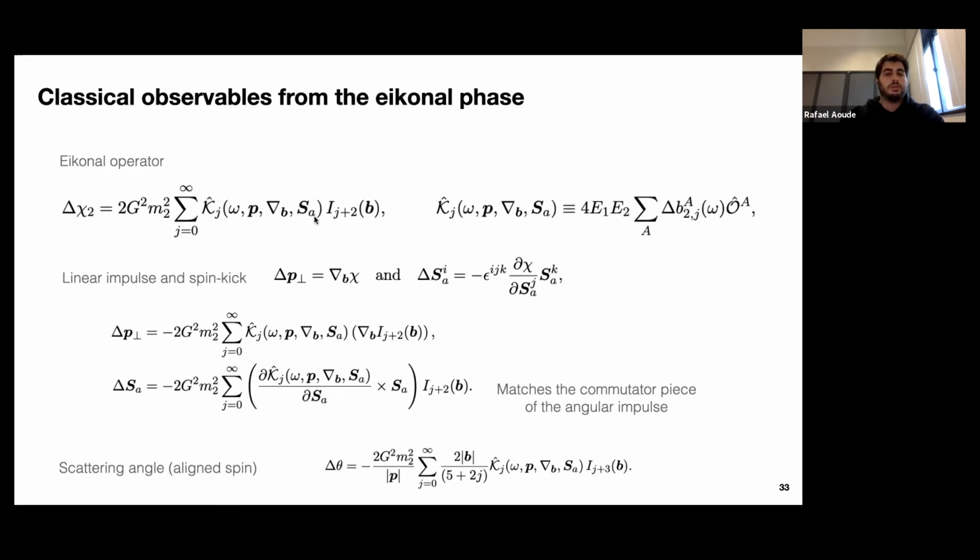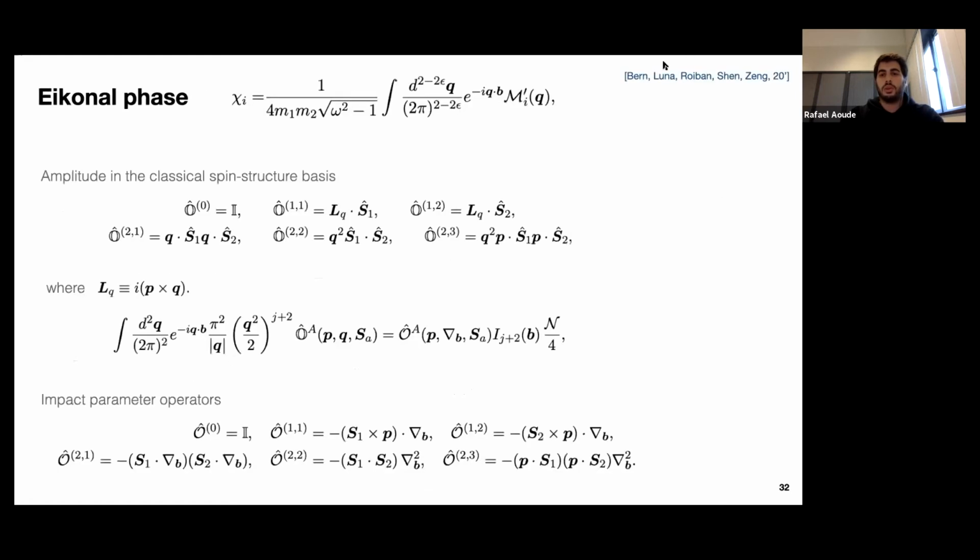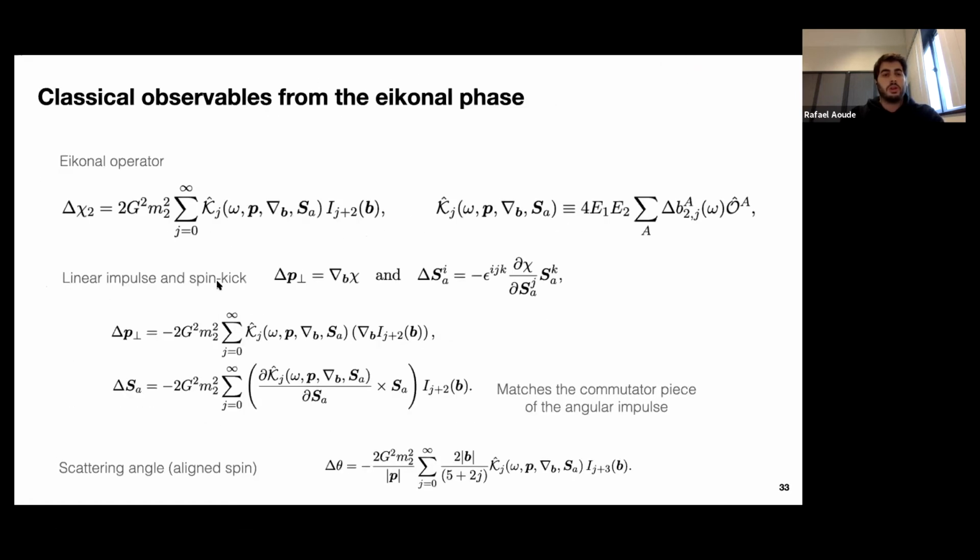And this is just a nice way to write it. So you can see that when you calculate, following this paper, the linear impulse and the spin kick, in the linear impulse you have a derivative with respect to the impact parameter, this will only act on the integral. So you can write it compactly as this,